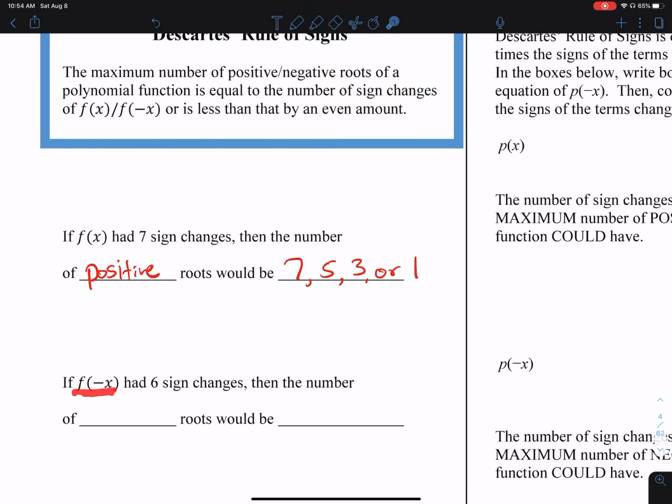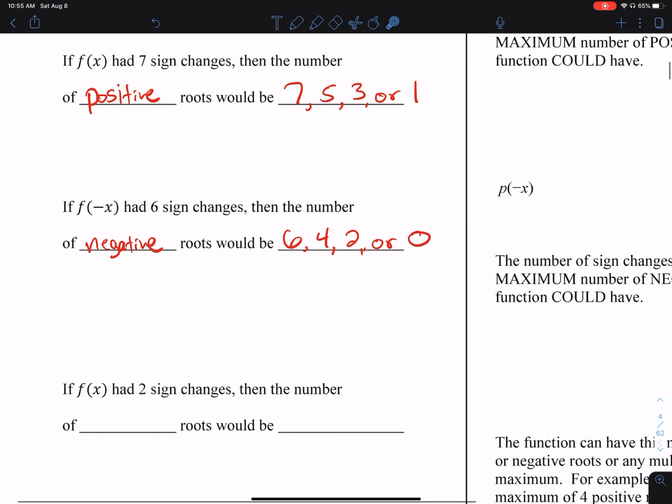If f of negative x had 6 sign changes, then the number of negative roots would be 6, or less than that by an even number. So you keep subtracting 2 until you get down to 1 or 0. If you're plugging a negative x into it, it's giving the negative roots. If you're leaving x alone and it's the original function, it's the number of positive real roots. 7 sign changes: 7, 5, 3, or 1 positive roots. If there are 6 sign changes when you're putting a negative in, there are 6, 4, 2, or